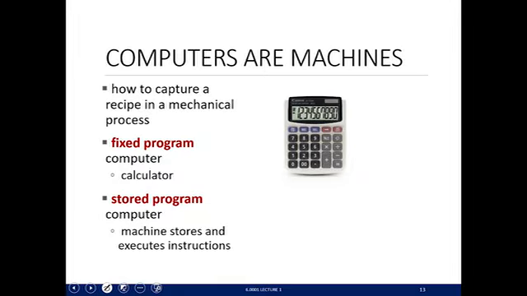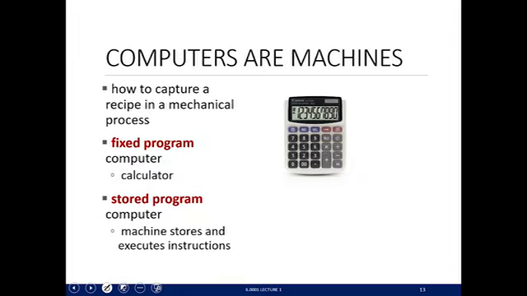And if you wanted to create a machine that did another thing, then you'd have to create another fixed program computer that did a completely separate task. So that's not very great. So that's when stored program computers came into play. And these were machines that could store a sequence of instructions. And these machines could execute this sequence of instructions. And you could change the sequence of instructions and execute this different sequence of instructions. So you could do different tasks in the same machine, right? And that's the computer as we know it these days. So the central processing unit is where all of these decisions get made. And these are all the sort of peripherals.